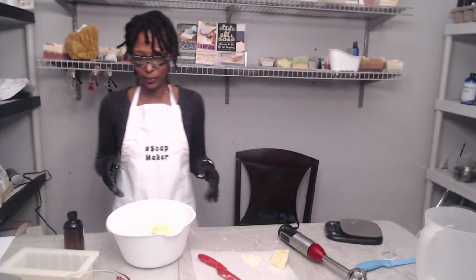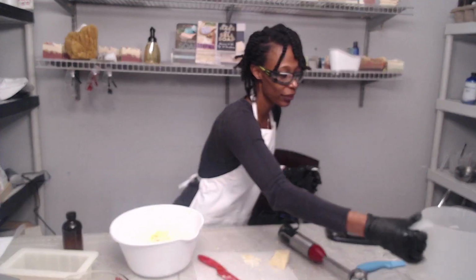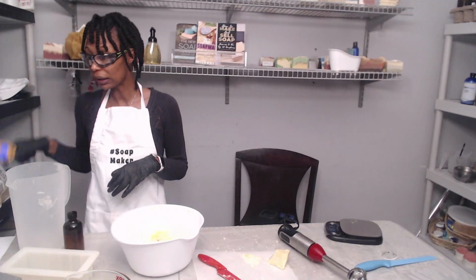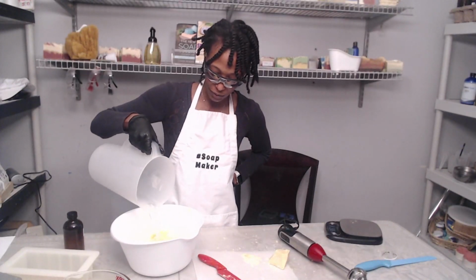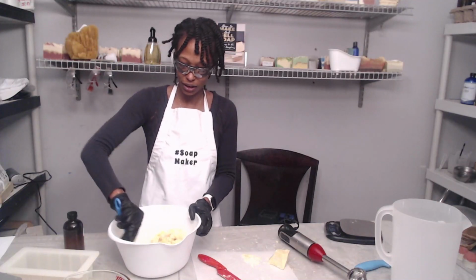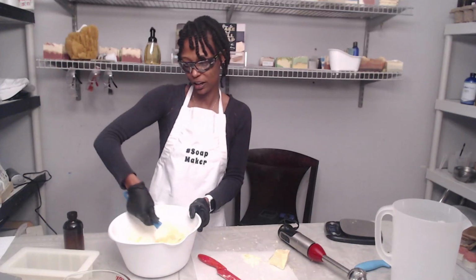And so typically what I would do is I would melt this down in the microwave. But I figured we can just do the heat transfer method where we use the temperature from the lye solution to melt the oils and the butters. So let's see what we're at. It's not that hot. I don't know if it's going to melt it. I'm not sure. So we're going to just go ahead and pour that right on the top of that, Johnny, and hope that it does its thing in terms of melting it. So I'm just going to put the butters in and just use the spatula to kind of break it up and encourage it to melt them